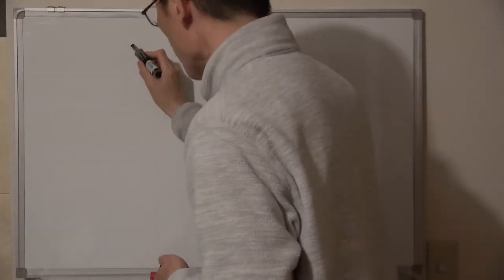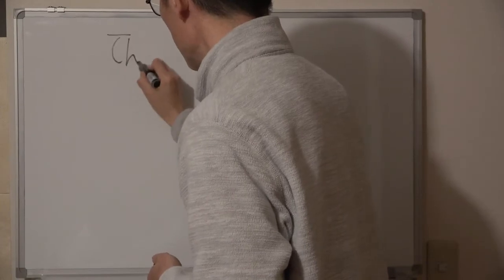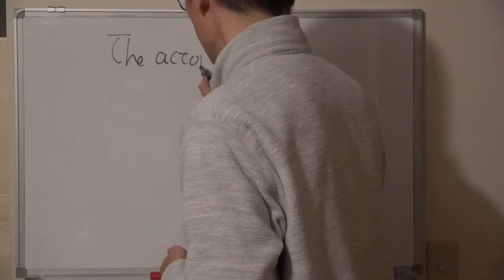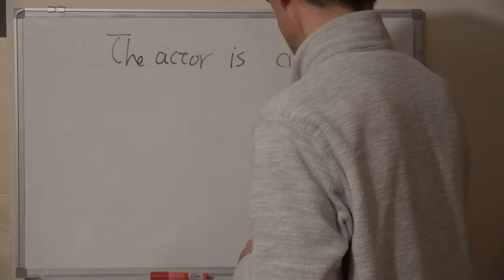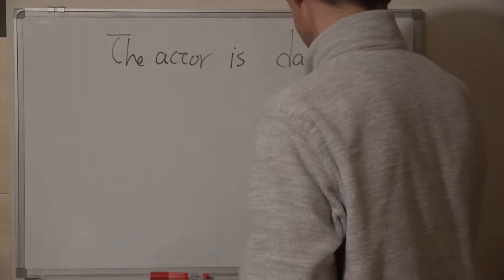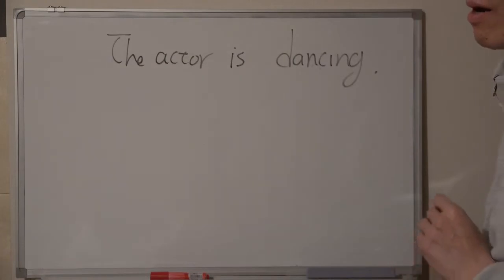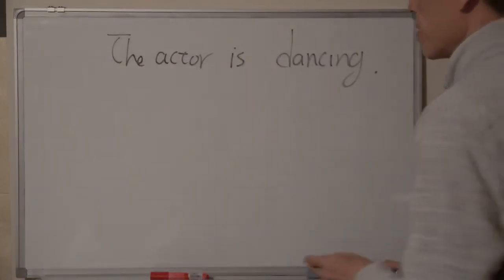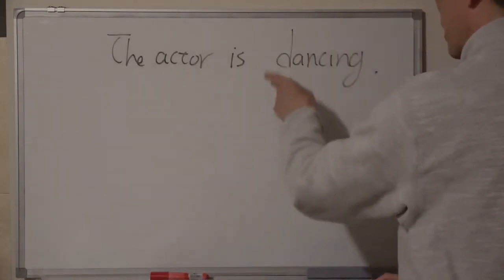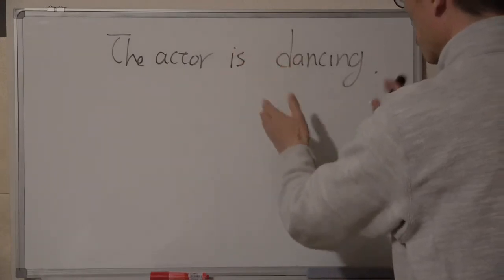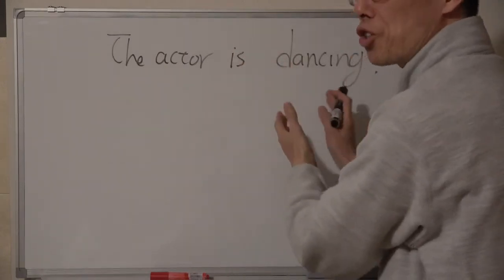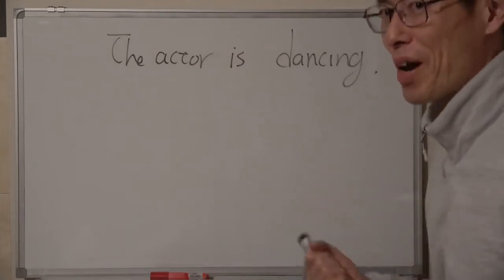So, again, the actor is dancing, 踊っている. Or, another way of saying this is to say, その役者はダンス中である。ダンスという行為の中にいる。ダンス中。